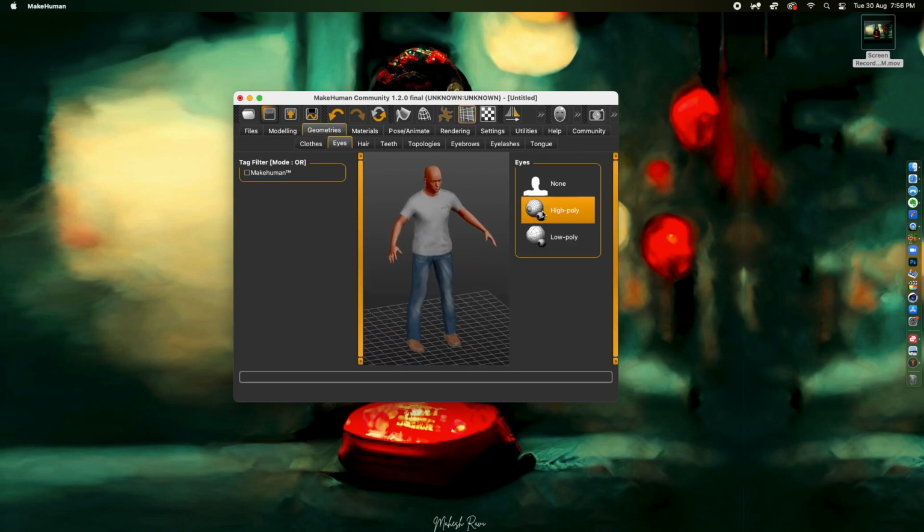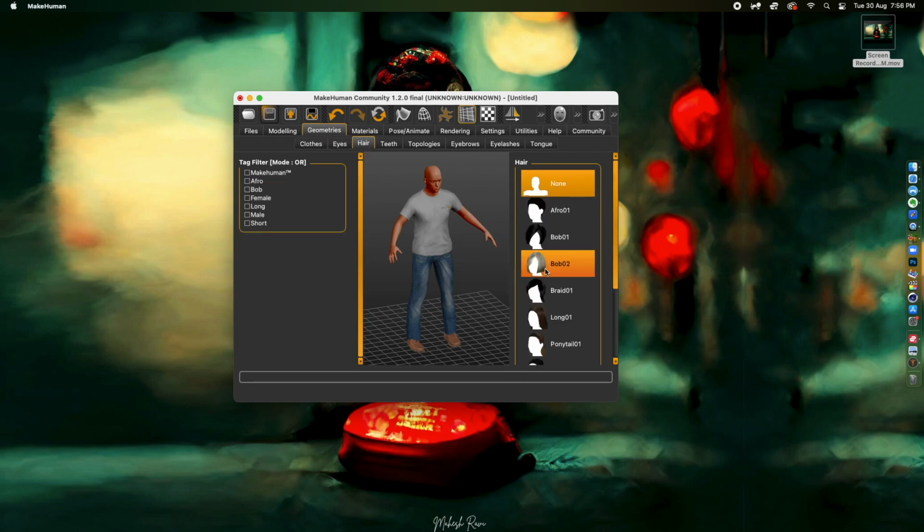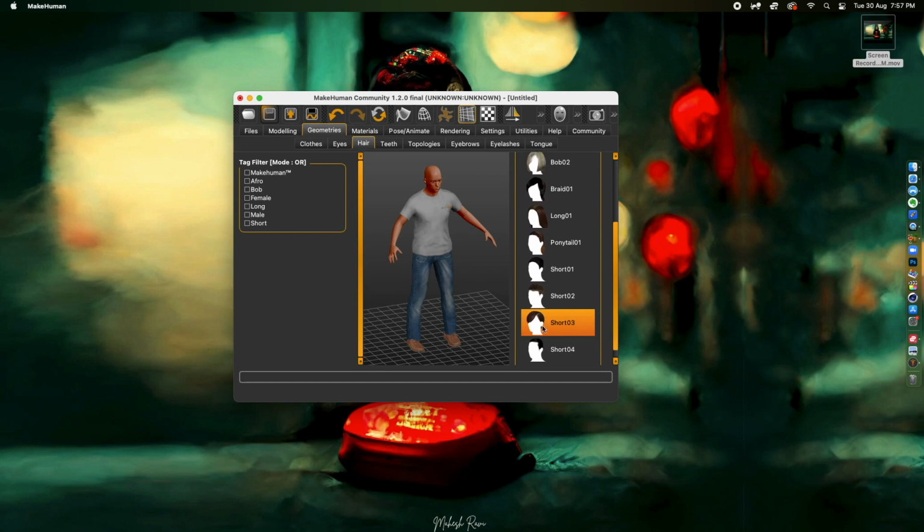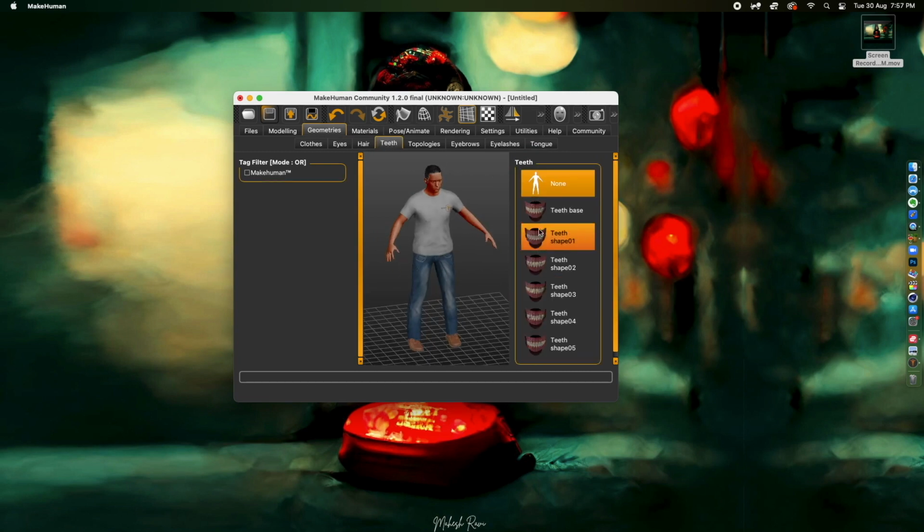We have eyes, we can control the eyes. We have hair, so I think we will choose maybe, yeah, this is going to work. So I have selected the hair as well. We can go inside this, we can add teeth. If we are going to make the character open their mouth at some point, we need to make sure that there are teeth inside it. So you can go in and we can do all these details,